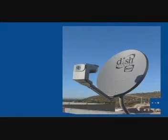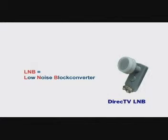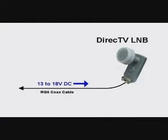New Dish Pro antennas are equipped with 2 LNBs to receive the network signals from satellites at the 110 and 119 degree positions. The LNB, or low noise block converter, converts the received 12 GHz band of downlink signals to an intermediate frequency band from 950 to 1450 MHz. Power for the LNB is supplied by the receiver over the same coaxial cable used to feed the signal to